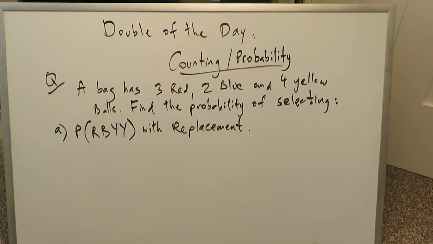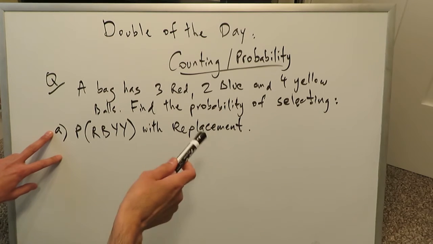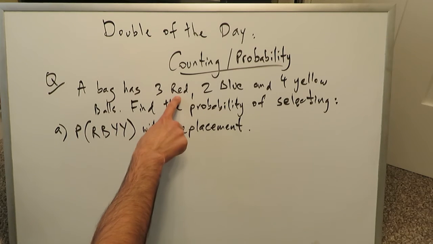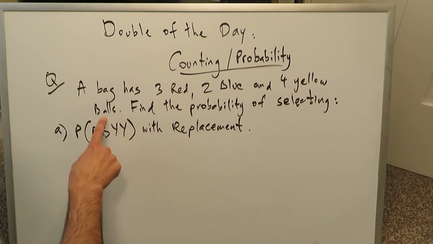The second and last question for this video will cover probability, and there'll be 2 parts. And this is one of the types of questions which frequently shows up on standardized tests. The question goes as this: a bag has 3 red, 2 blue and 4 yellow balls. Find the probability of selecting